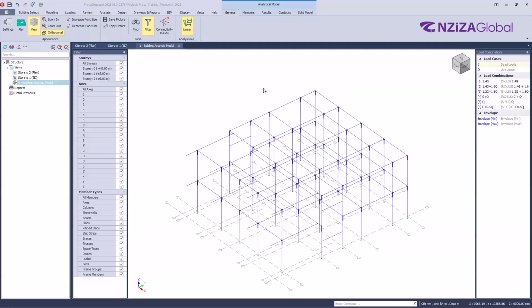So the purpose of this analytical model is to investigate our model and see how